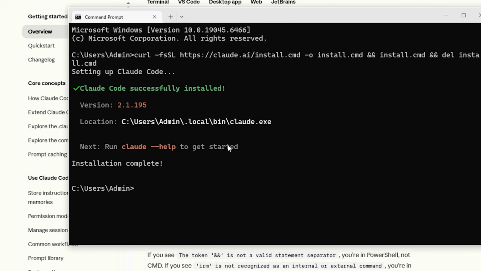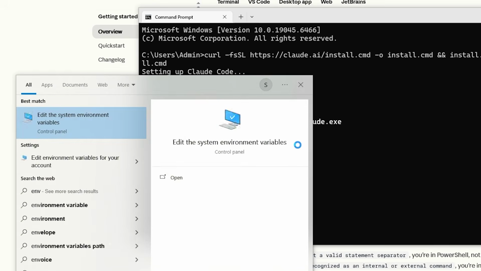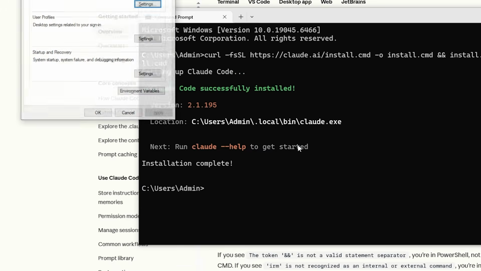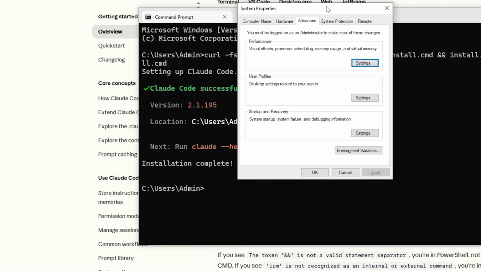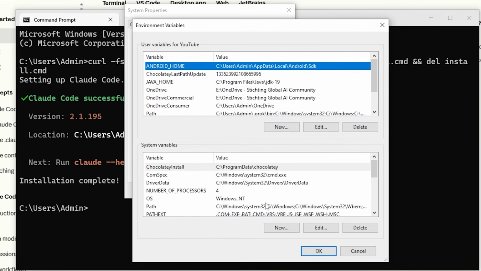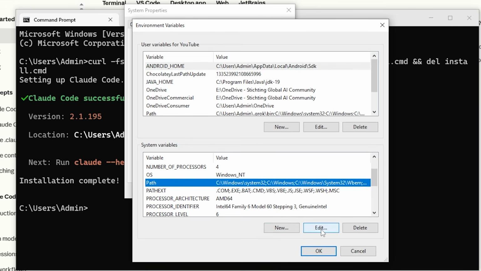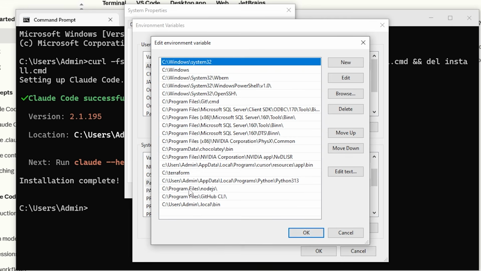Now that our Claude Code terminal is installed, the next step is to edit the environment variables. Search for environment variables. Click on environment variables and under the system variables, select path and then click on edit. As you can see, I've already added C users admin /.local/bin, which is the location where my Claude Code is